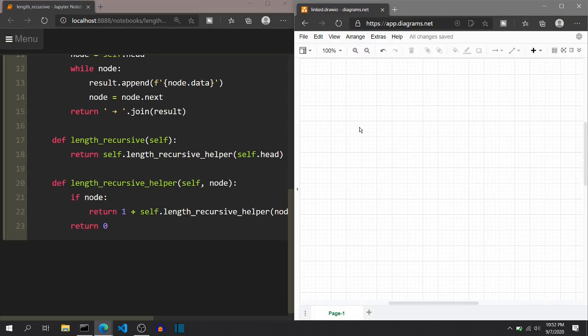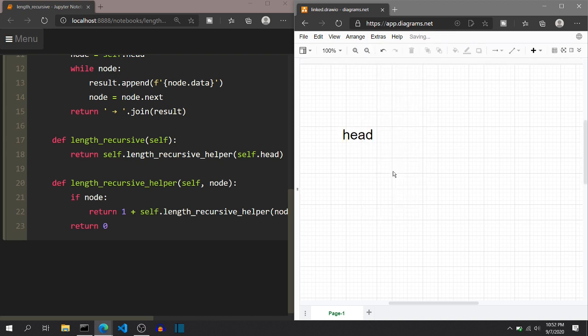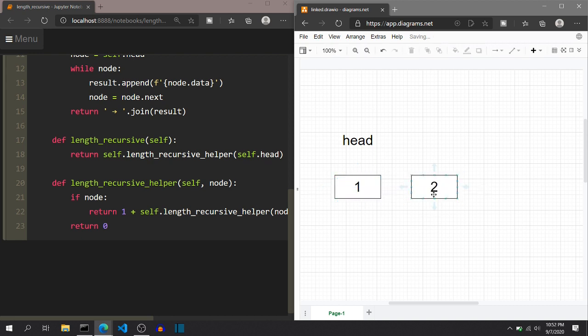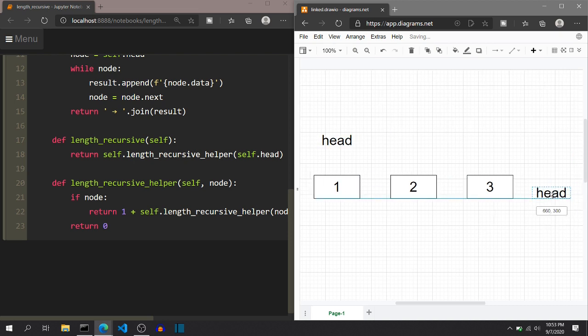Suppose we have a linked list of 3 nodes. So each linked list will have a head pointer. So we will first create that, and then we will construct 3 nodes like this, and the last node will point to a none value. So this is the linked list with 3 nodes. The head is pointing to the first node and the last node is pointing to a none value. Next, the next pointer of the last node is none.